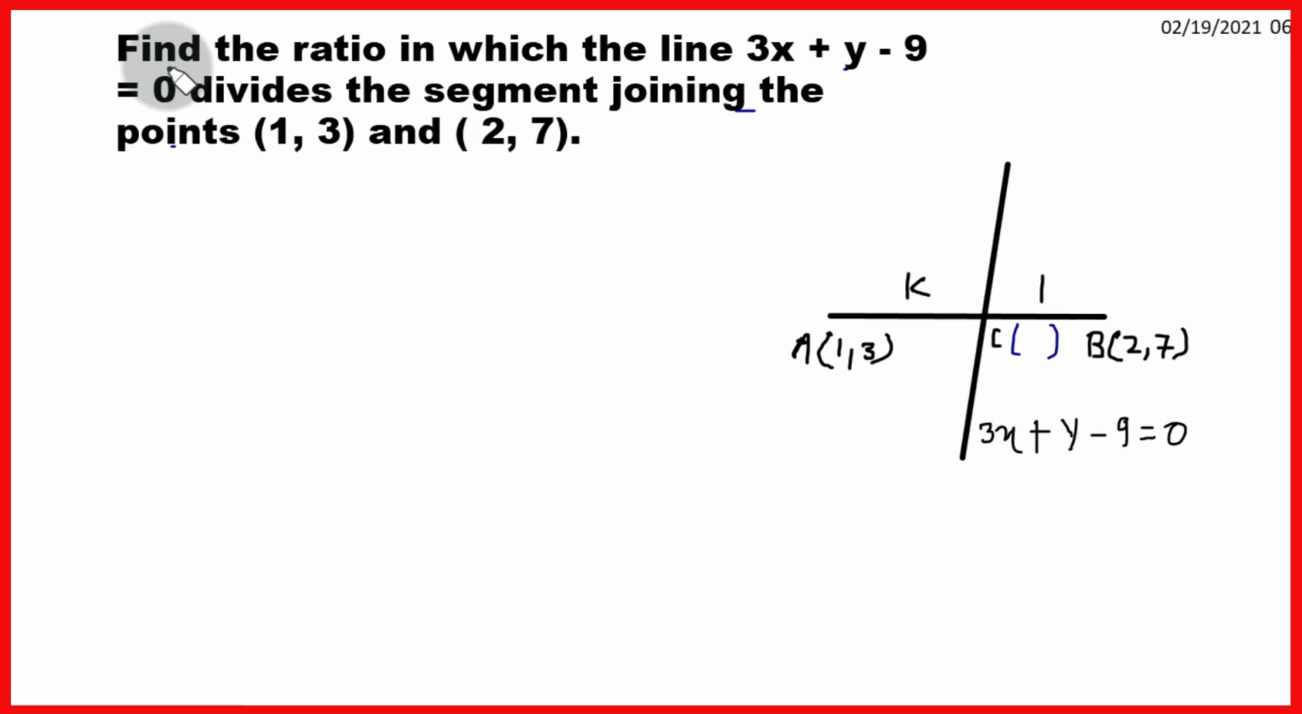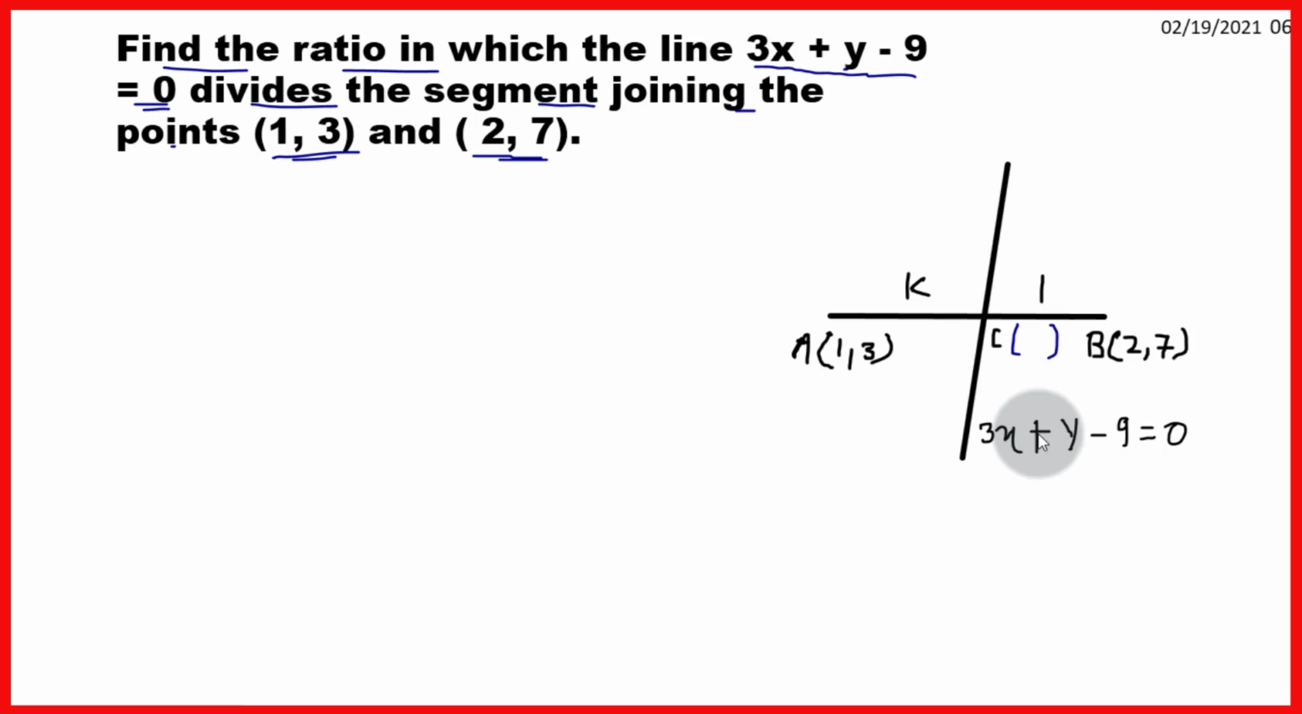Friends, the question is: find the ratio in which the line 3x + y - 9 = 0 divides the segment joining the points (1, 3) and (2, 7). Here we have to find the ratio in which the given line divides the line segment joining the points (1, 3) and (2, 7). Let AB be a line segment whose coordinates are (1, 3) and (2, 7),